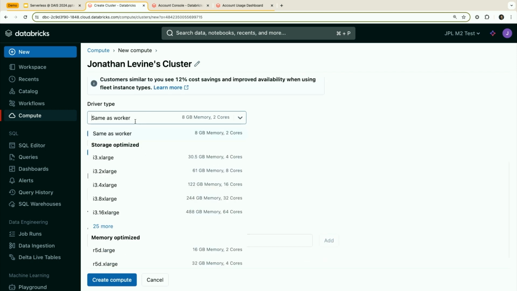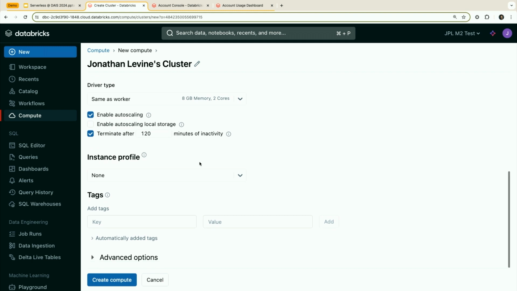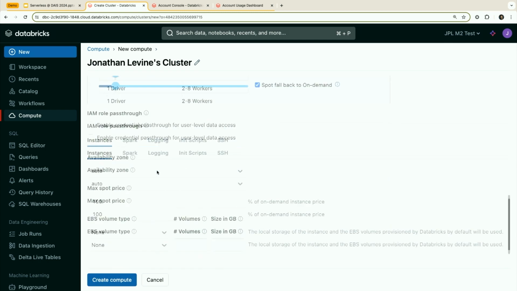So yeah, I mentioned you pick the driver type, just like the worker type. Okay, autoscaling, there are some choices about autoscaling. Okay, shutdown. Instance profiles, we'll talk more about this, but this is how instance profiles are coupling this notion of data access to compute, right? You're setting up your cluster, but you have to think about, okay, I was picking the scaling parameters, and now I'm shifting gears and thinking about what data this can access. Tagging, of course, we'll talk more about tags. Of course, there are advanced options. I'm going to go through this quickly, but